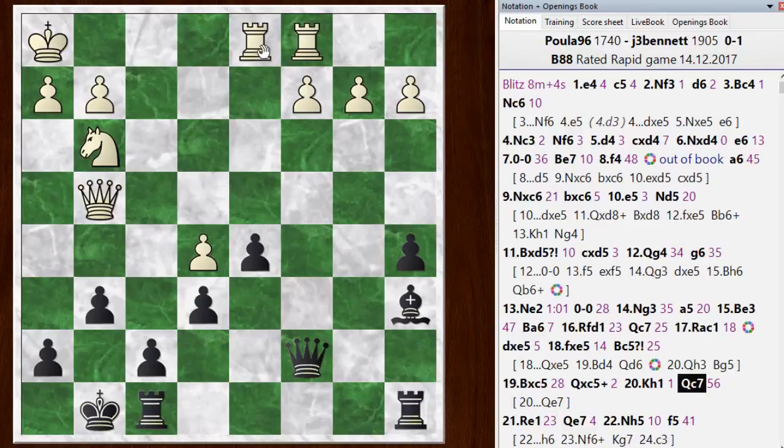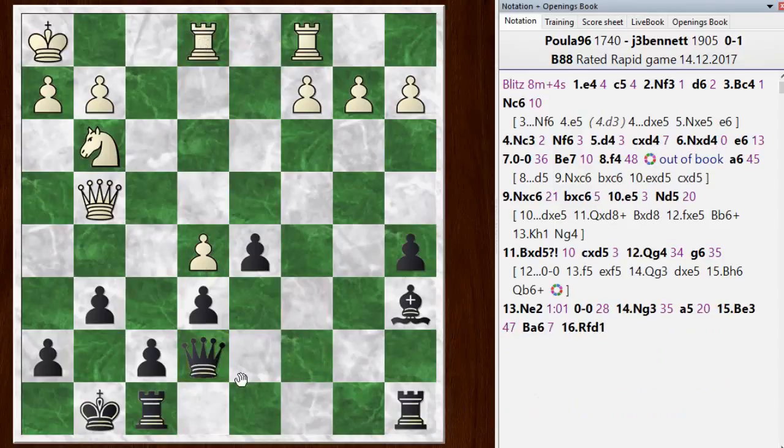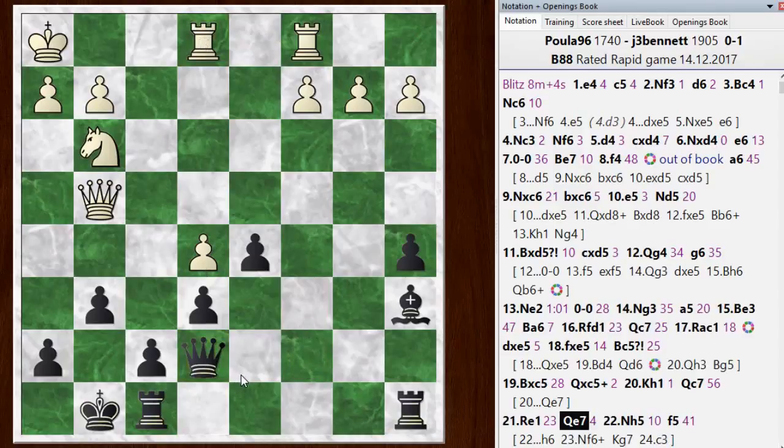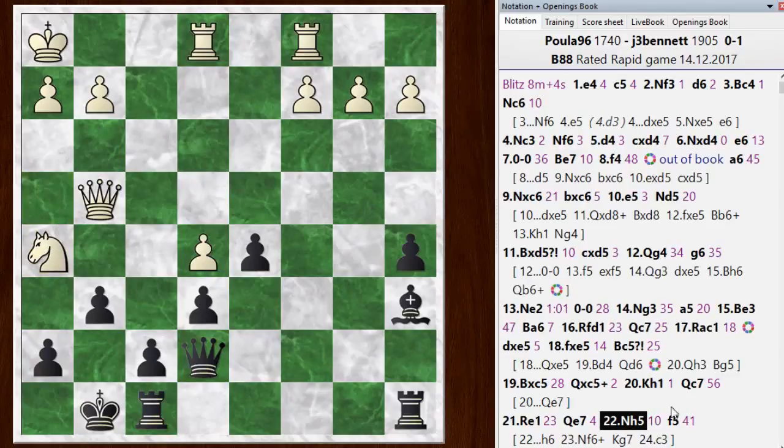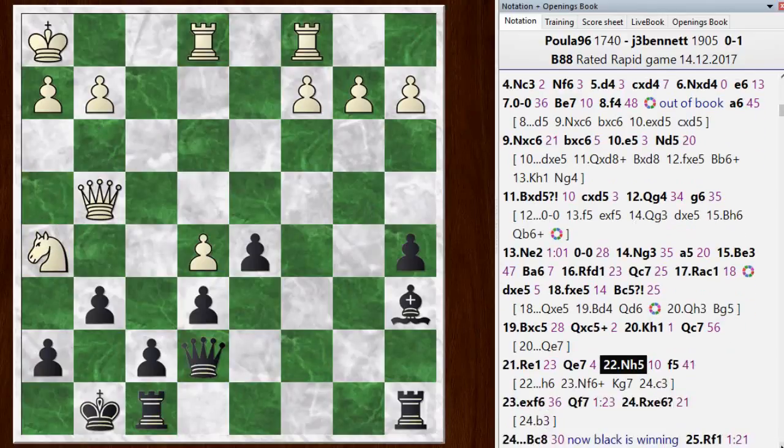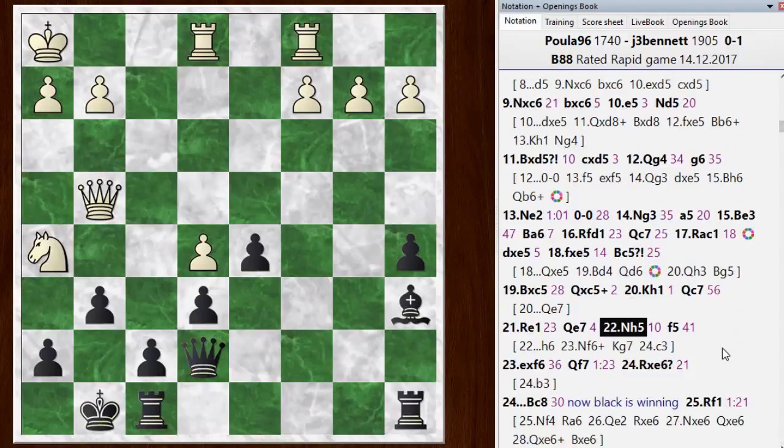He plays rook e1, defending the pawn, and then I go queen e7. So I guess if I'd gone there directly, this pawn would still be loose. Otherwise, the position would be pretty much the same. Anyway, now he goes knight h5, and I go f5. So f5, I guess, is a little bit of a mistake, but it's actually a little hard to find a